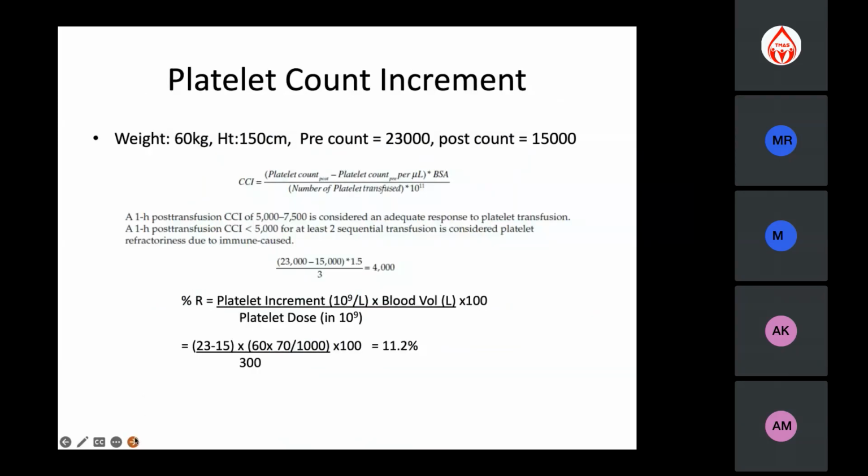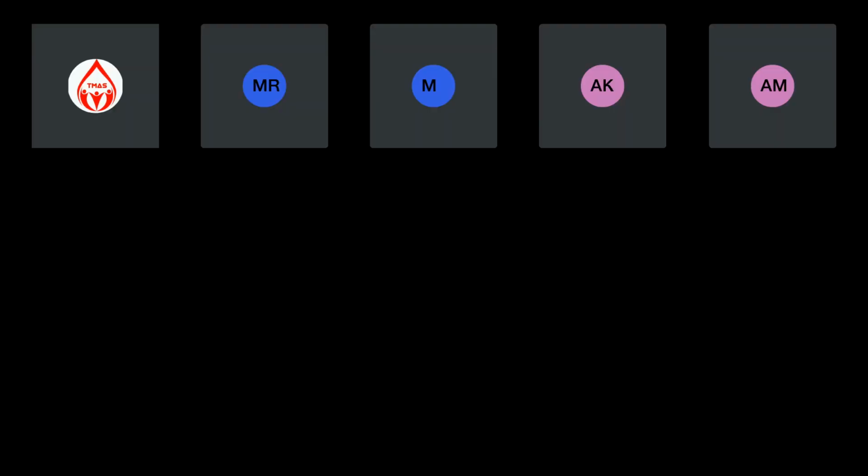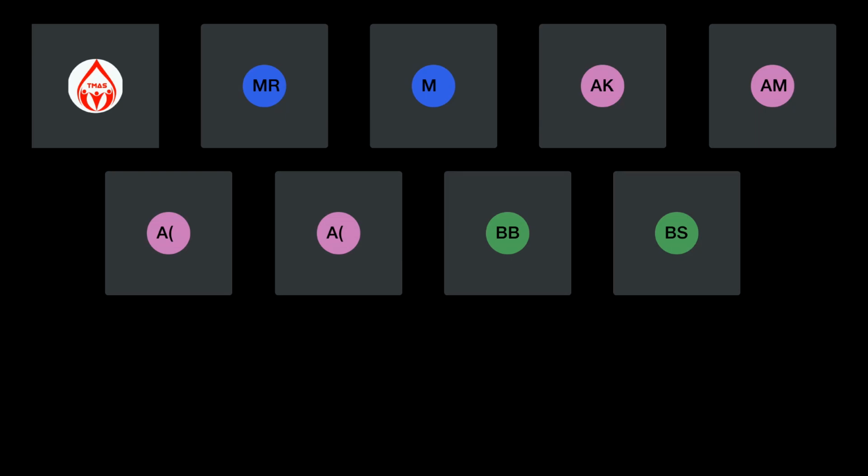Then we are also commonly asked about the platelet count increment and the platelet recovery. We have an example here. The patient's weight is 15,000. So the corrected count increment for the patient is,